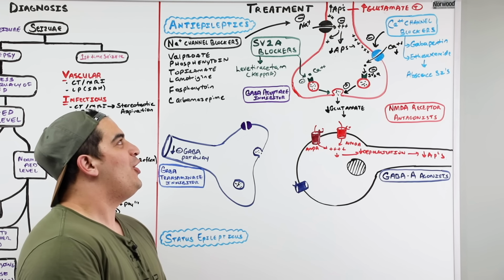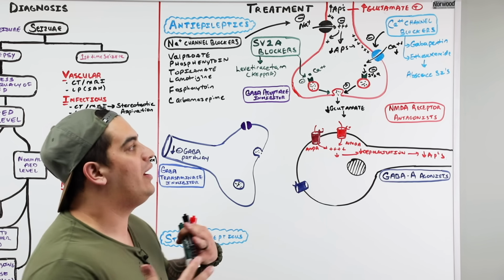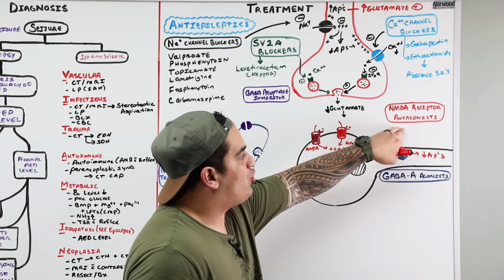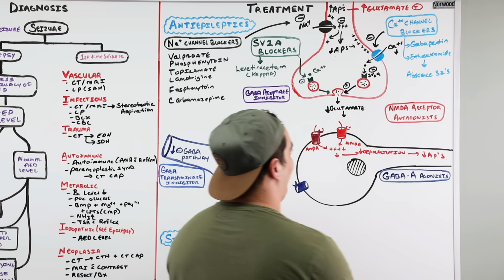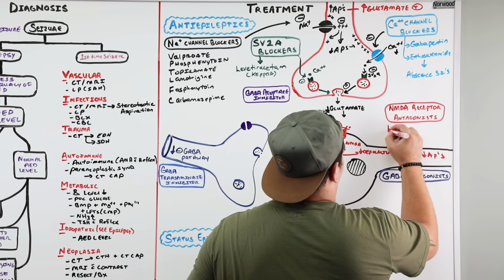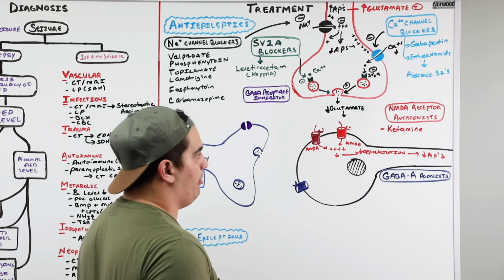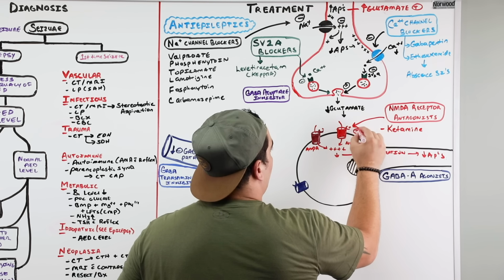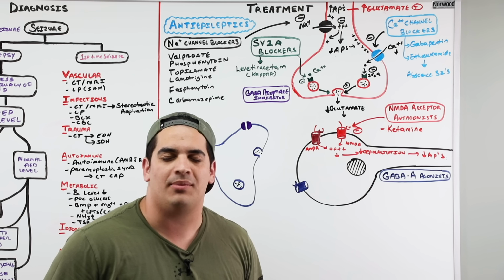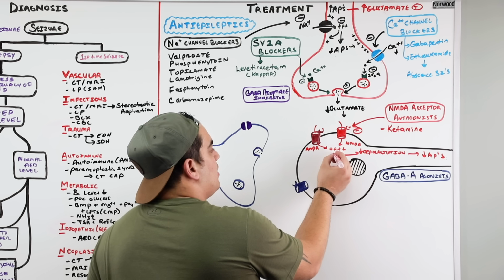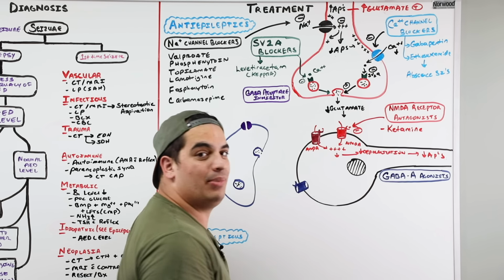Okay? There's one more drug that I want to add on to inhibiting this glutamate pathway. What is that? There's actually drugs that can target the NMDA receptors. And this one's a very interesting one. And this is called ketamine. Ketamine is a very interesting drug. And what it has the ability to do here is block glutamate from binding to the NMDA receptors. If you block glutamate from binding to the NMDA receptors, what happens? There's less positive charges coming into the cell, like cations. Less cations, less depolarization, less action potentials.